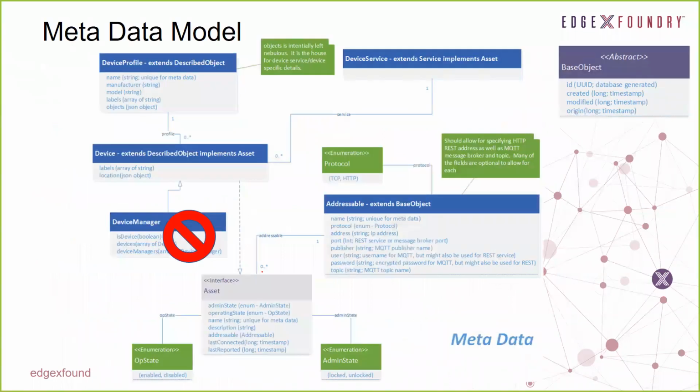Okay, let's go a little bit deeper into the metadata model. We've talked a bit about some of these elements. Let's start to see how they're again associated and some of the other elements inside the metadata model that they're associated with. So we've talked about a device. It represents a physical device out there in the world as far as EdgeX is concerned, and is represented by this device object inside of the metadata model.